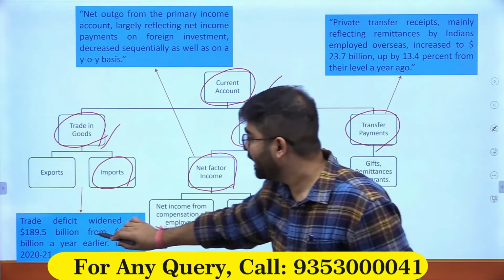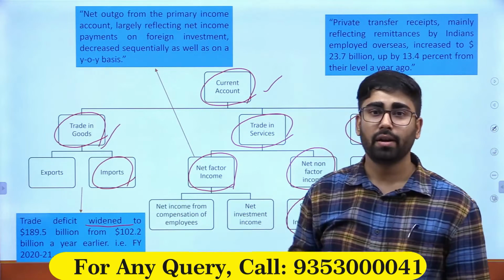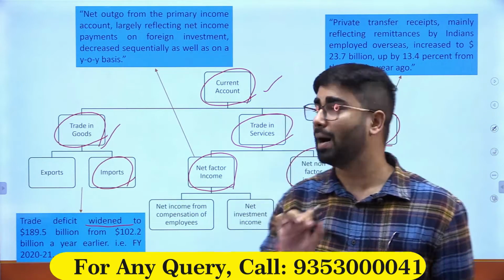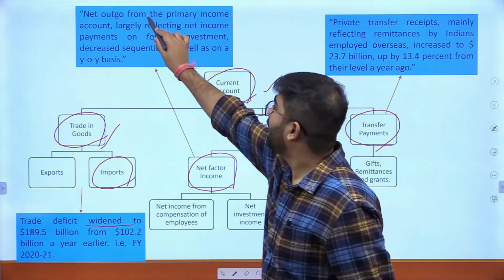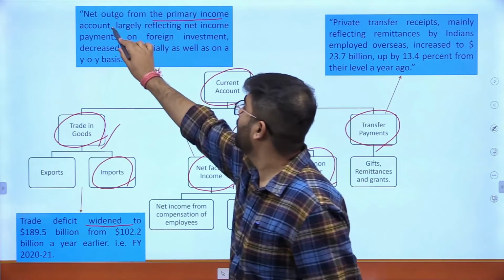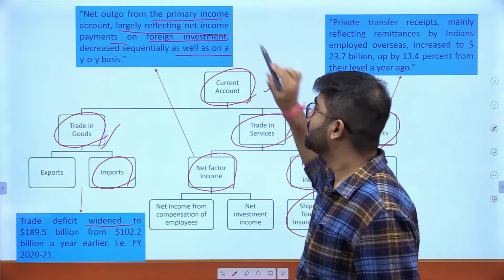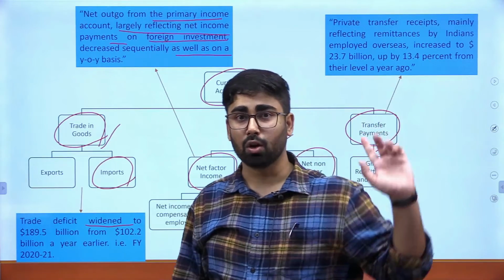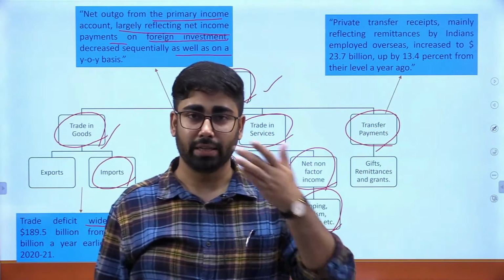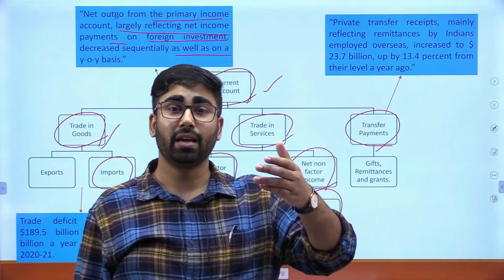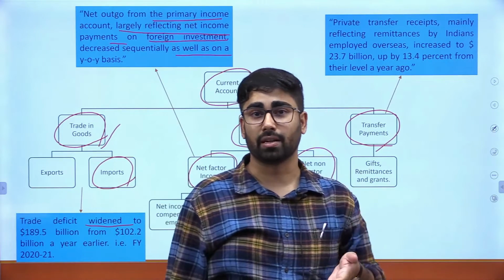Now see, trade deficit तो बड़ा है हमारा, trade deficit हमारा बड़ा है, but net outgo from the primary income, largely reflected net income payments on foreign investment, decreased sequentially. Now याद करो हमने एफपीआई की बात करी थी, ठीक है। अब मान लो एफपीआई किसी बॉन्ड में इन्वेस्ट करता है इंडिया का,